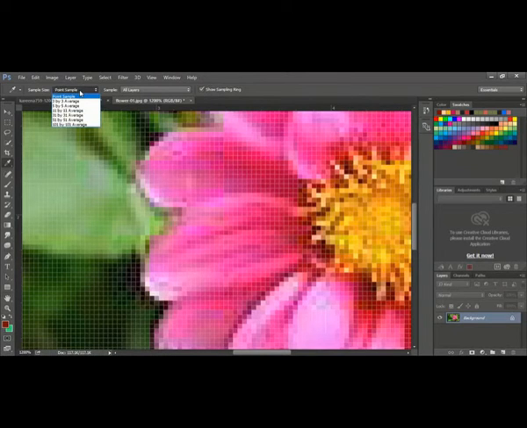Suppose I change it to 5 by 5 average. So if you click anywhere, it takes around 5 pixels and take the color. See, so for example, if I click the yellow here, exact yellow you did not get because around it other colors are there. You can see that you cannot get the exact color because now you are in the 5 by 5 average. That means he will take average color between the 5 pixels around that particular point.